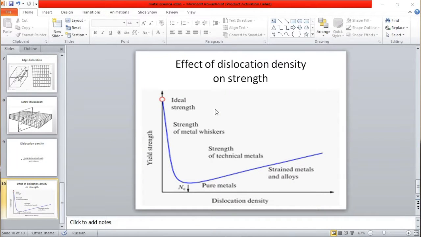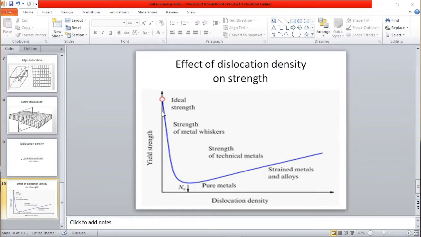It is also important to know how dislocation density influences the strength of a metal, so the relationship between dislocation density and strength. For this, we have this graph. I'm going to show it on the screen. This graph shows the effect of dislocation density on strength. Here, this is the ideal strength of a metal, also called the theoretical strength. This is the strength that we can calculate,